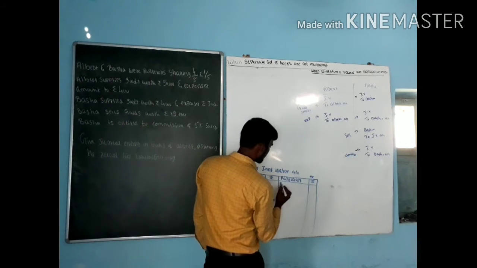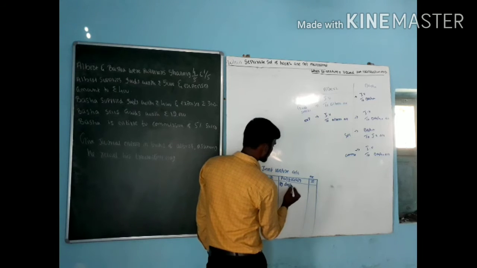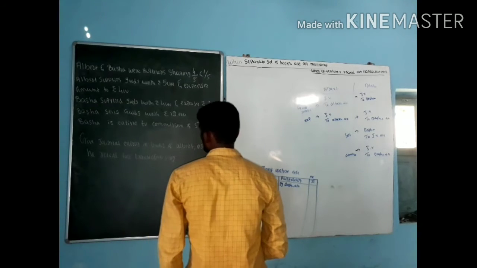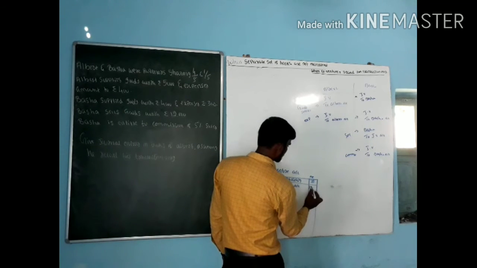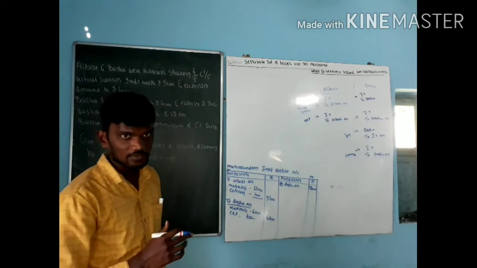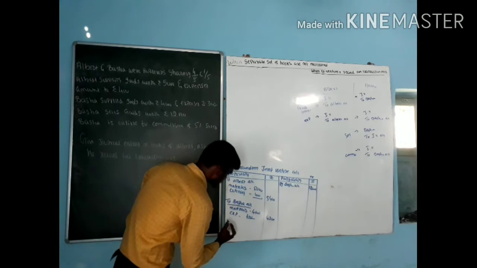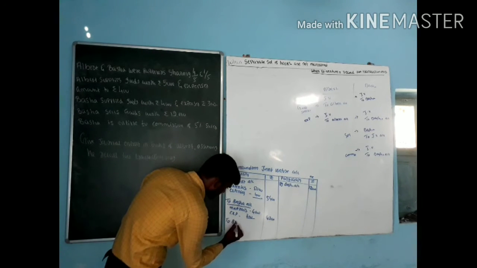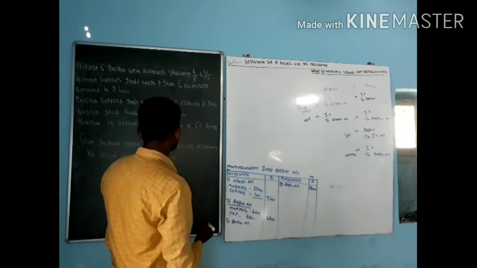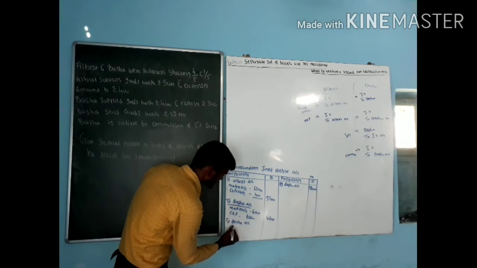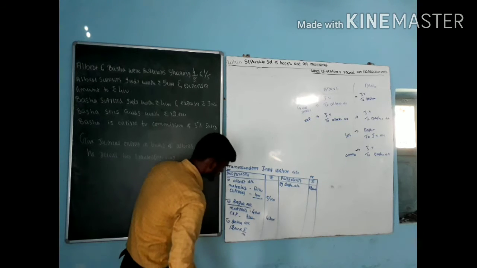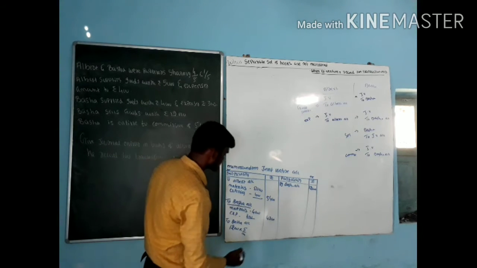Next one, Basha account credit to joint venture. This was sale. Sale 12,000. Next one, for that sale he has taken some kind of commission. That is joint venture account debit to Basha account. How much is commission? That is 5%. So 12,000 into 5%, that is 600.